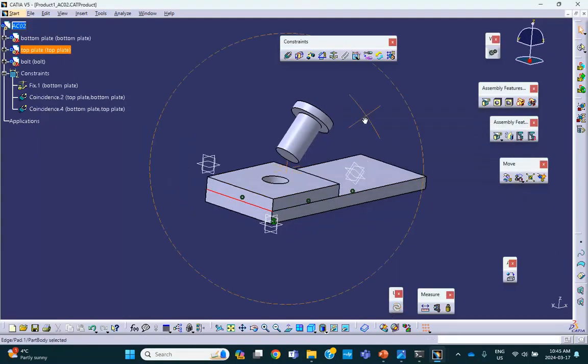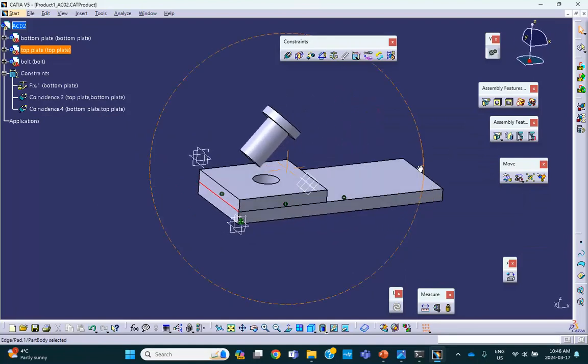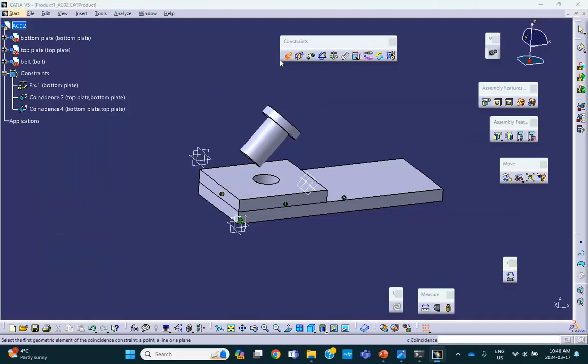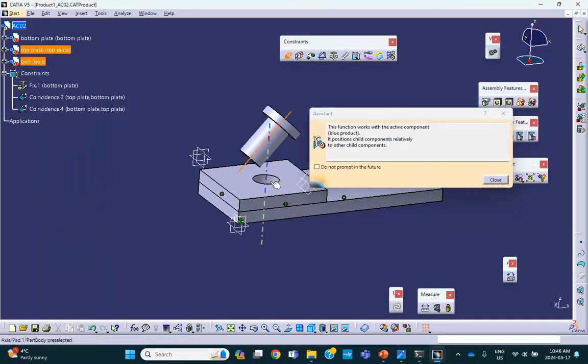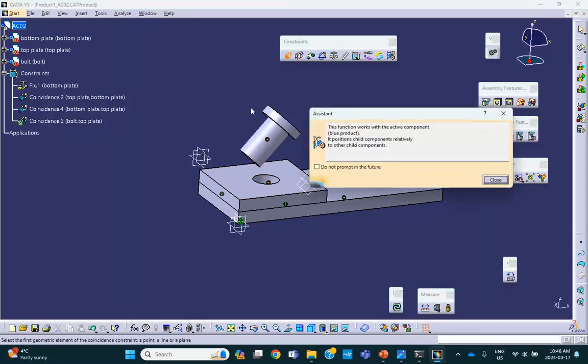I think I picked the wrong edge last time. And coincidence between this axis and that axis. Let me delete this last one. Coincidence between this axis and that axis, and coincidence between, for example,